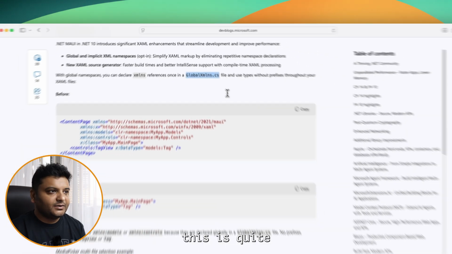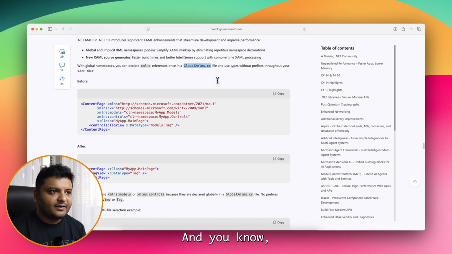global.xmlns.cs. Now, this is quite a standard way, and we already have moved to an era where things are getting centralized, or maybe decentralized also. But as far as the NuGet packages go, I see they have started giving us this new centralized dependency kind of thing, where we mention all our NuGet packages and it is all maintained from there. On very similar lines, even for the XAML pages, we could have a common place where we could mention our namespaces and they could be accessible globally.